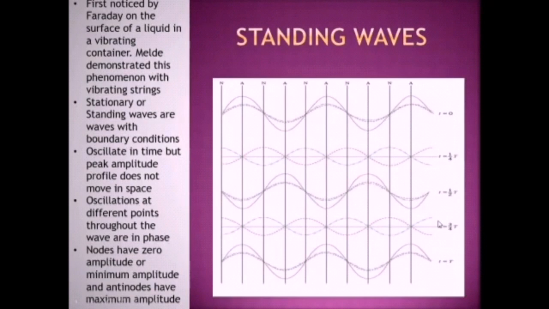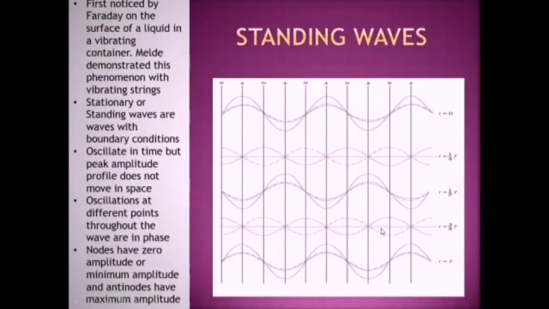Now first we will see, at t equal to 0, this first case, the progressive waves traveling to the left and right are in phase. Waves are in phase, hence constructive interference takes place. Now the second case, at t equal to T by 4, waves are 180 degrees out of phase. You can see this crest lies over a trough. They are in anti-phase, 180 degrees out of phase. Hence interference is destructive. Now in the third case, waves are back in phase again, so constructive interference takes place.